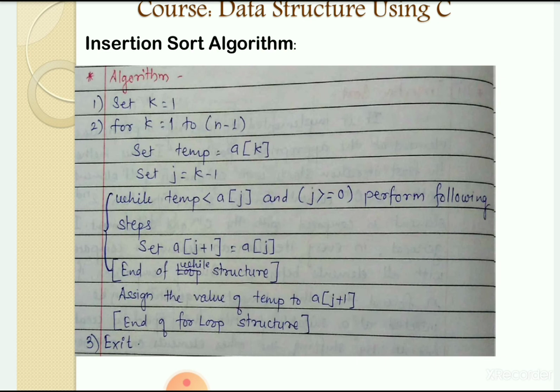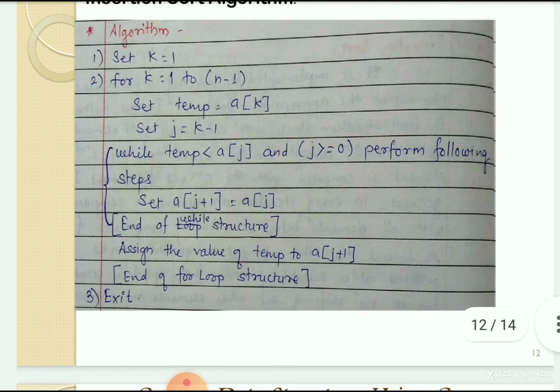Normally everything happens properly. We have to store the element. When we find that the element is less than, then what we have to do? We have to store that element in one variable. We have to shift all other elements from one place to the next place, and for that this particular while loop is there. Okay, this is a simple algorithm.